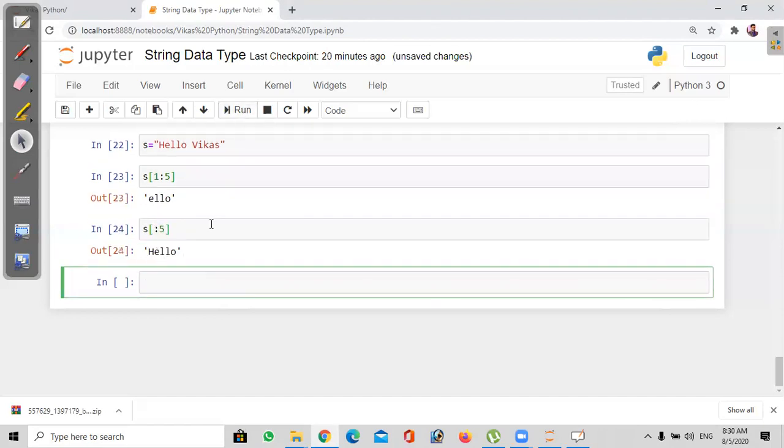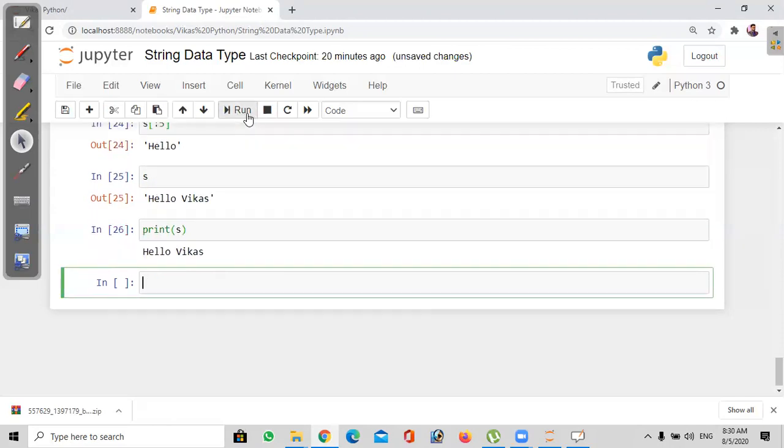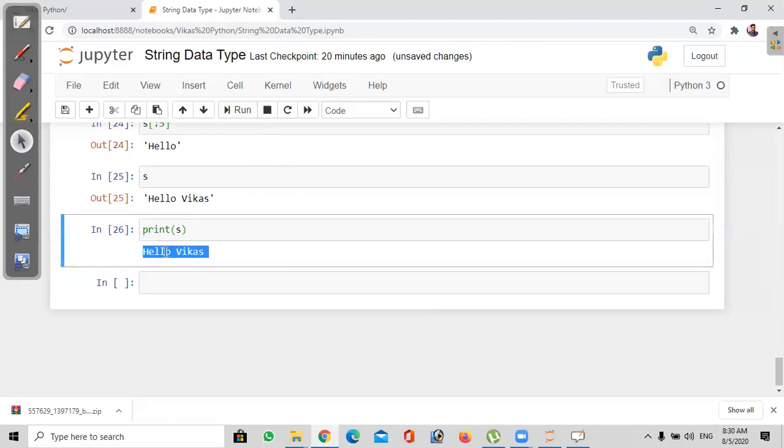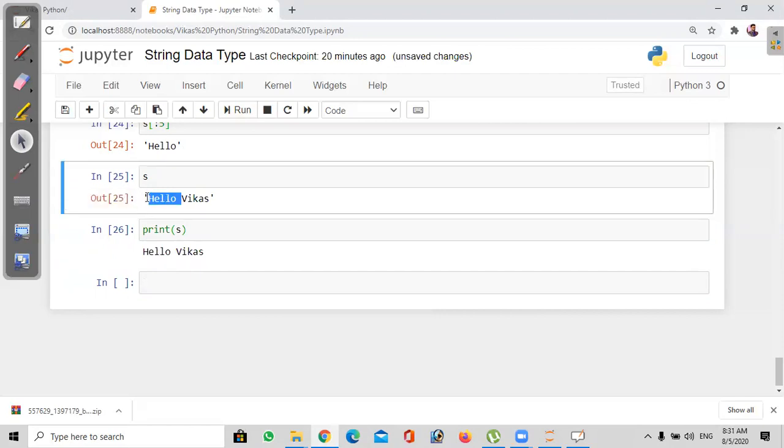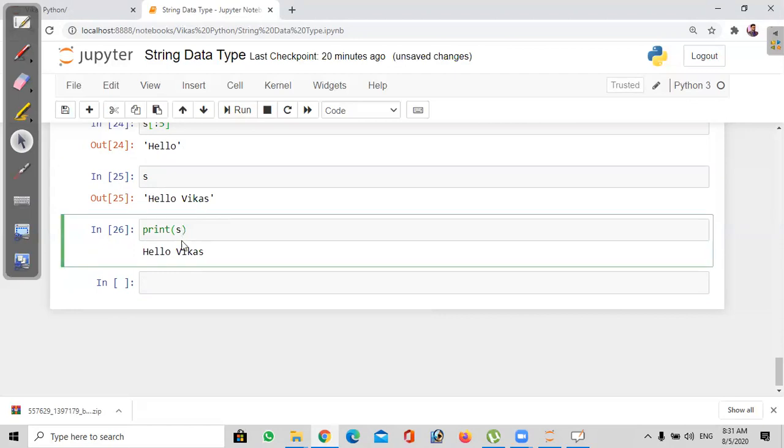Here you are directly clicking on run, right? We don't need to give any print. The shell can be directly used to print something. Even if you write S without using print, it will print the text. But if I use print of S, see the difference: there are no single quotes at the starting and ending. But here in the string, the start has a single quote and the end has a single quote. Print is especially used to avoid that type of data display.